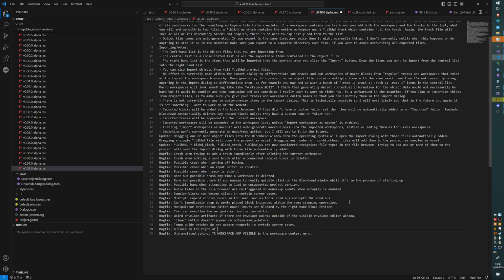Block to the right of a tempo guide being dragged to the right does not snap to the newly revealed tempo notches. Right,